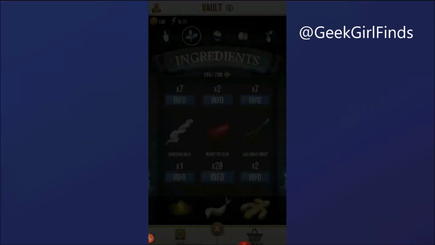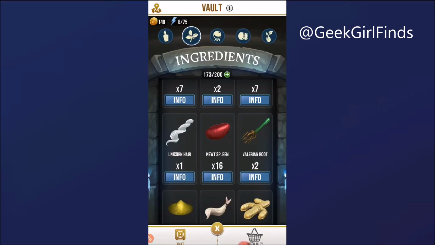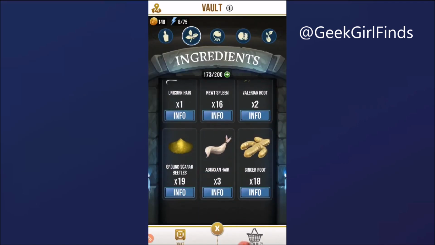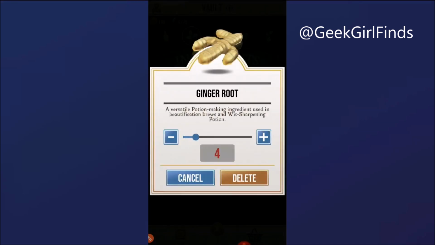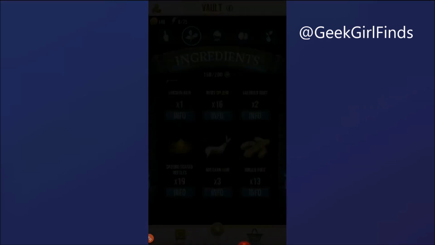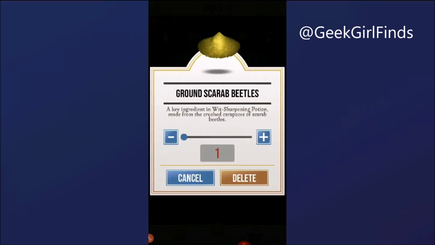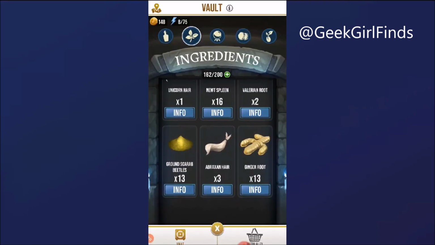Newt Spleen, oh my gosh, there's way too much of that. Let's get rid of that. We're going to get rid of quite a bit of that. So, click, click, click, click, click, click, click. Delete. Alright, it's ginger root. I run into a lot of that too, so I'm going to get rid of 5 of those. Ground scare beetles, I'm going to get rid of a few of those. But you want to kind of go through here. When you try to click on something on the map and it doesn't let you catch it, this is where you're going to come to manage your ingredients and